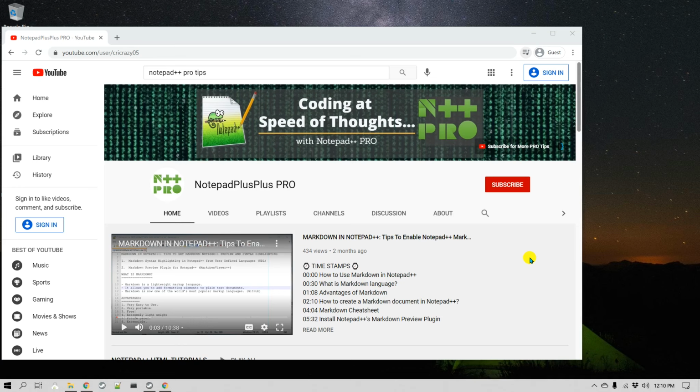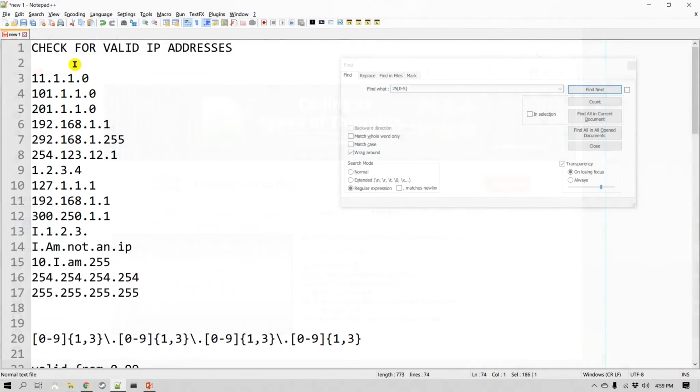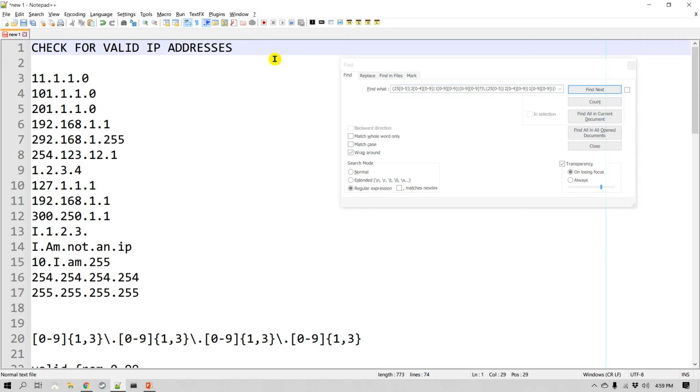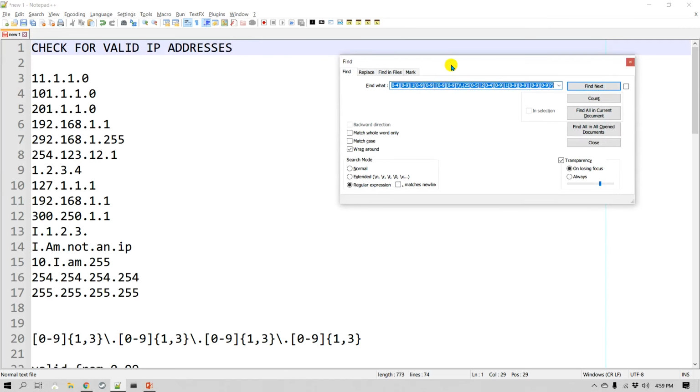All right, let's continue. I'll go all the way up, put my cursor here, paste my IP address regular expression, and now let's see if we can validate these IP addresses, and see if it is able to identify all the right ones and skip those that are not right. So I'll go find next. So that is good. The next seems right. The next one is right. That's fine. Now the next one it should skip. So it did. Well, okay, it didn't skip it.